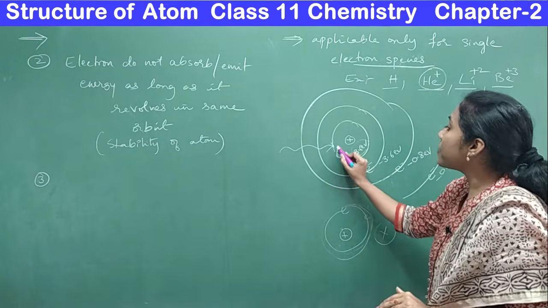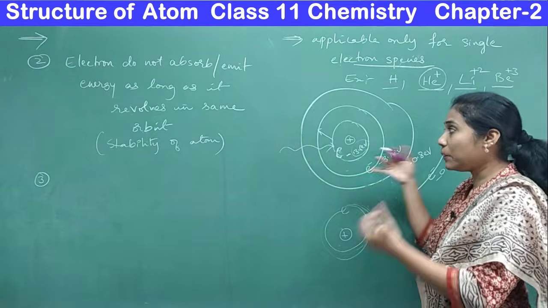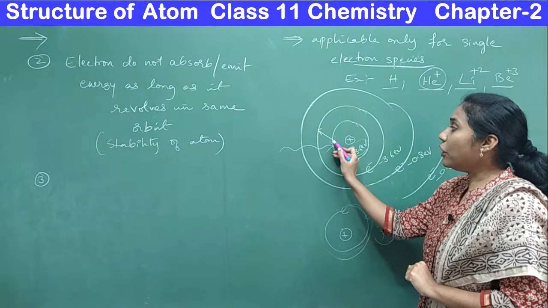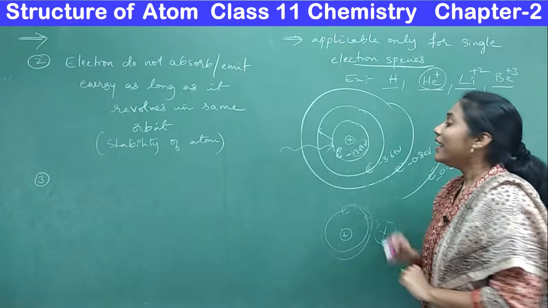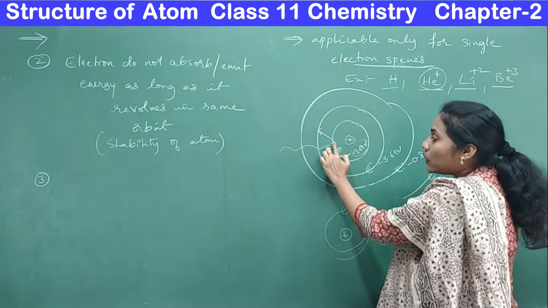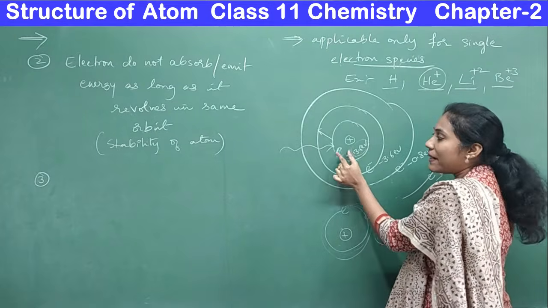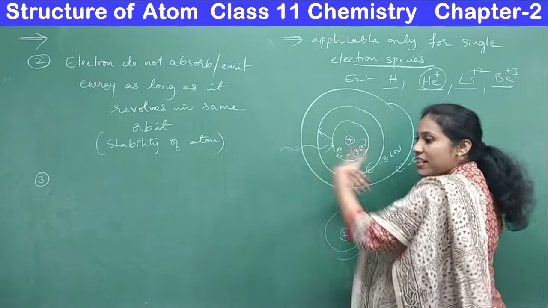On absorbing energy, it will jump to a higher energy level. It has got more energy now. So with that energy, it is jumping to a higher energy level. This electron can only stay in this energy level if it has energy of this much. But now this guy is getting more energy from outside because you are supplying.